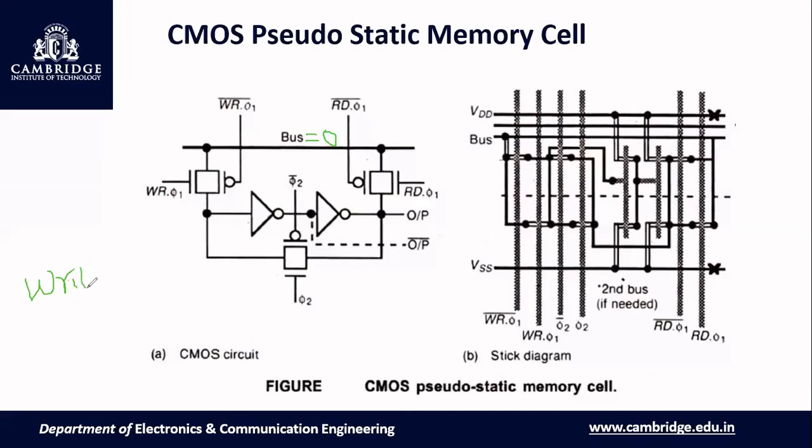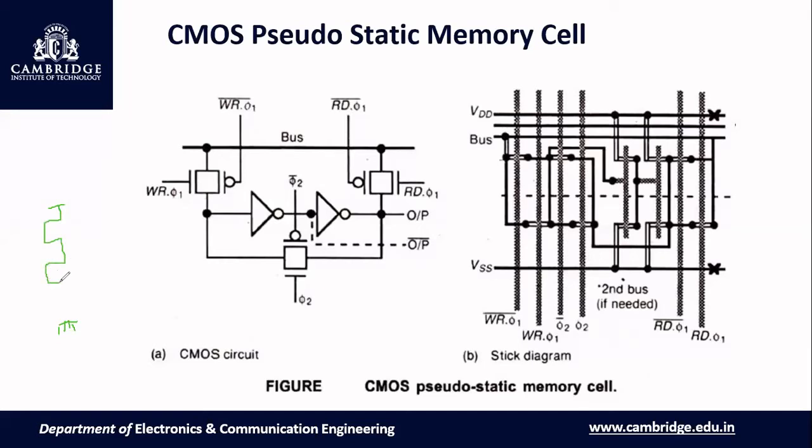Sir, I understood how the data is stored in the diagram, but how the inverter individually works, I don't know how it inverts. Can you explain using the stick diagram, sir? Only the inverter part. Okay. So here, the inverter circuit diagram will be like this. One second, I'll draw the circuit diagram.